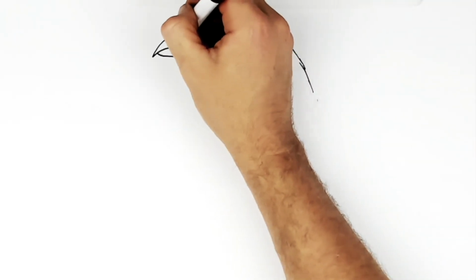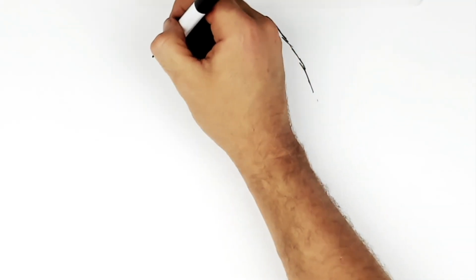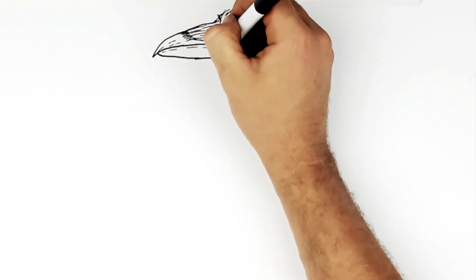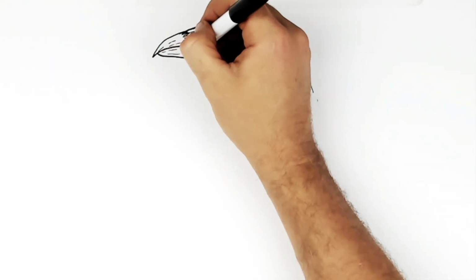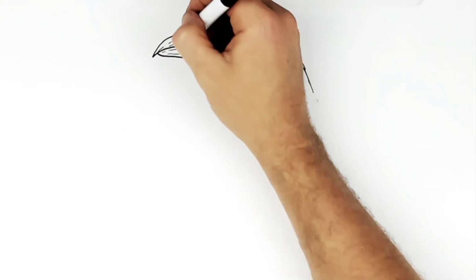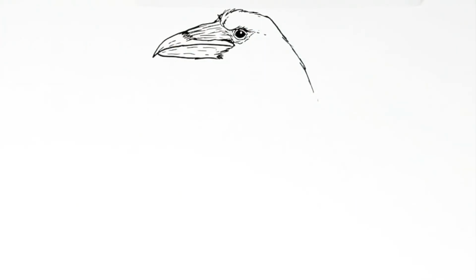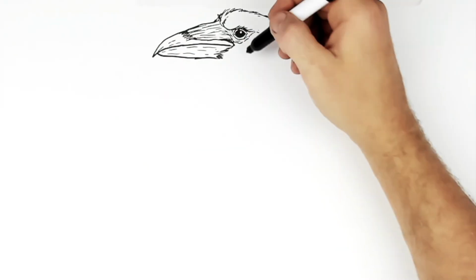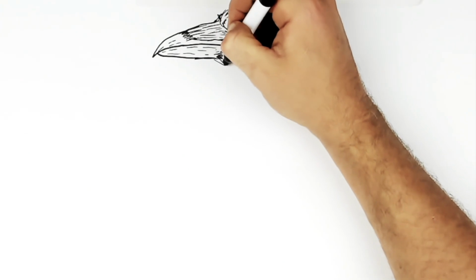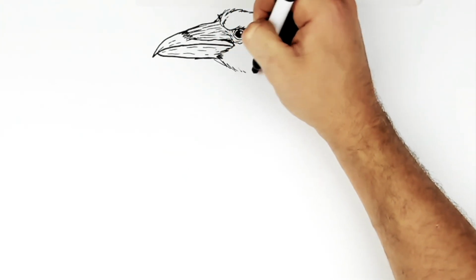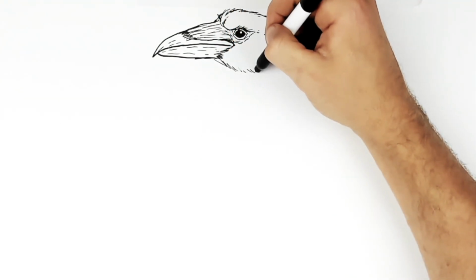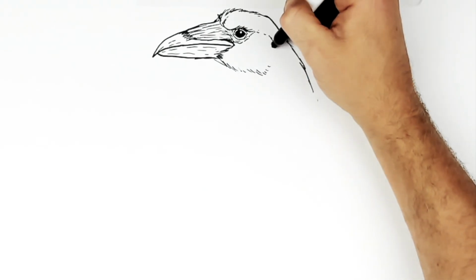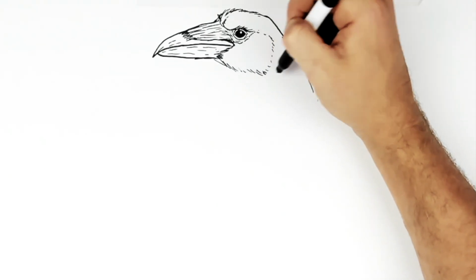All right, and you could have some textures on the beak maybe. Very intelligent bird as well. Right, so the head, we've got another section of feathers that comes this way. It's just sort of hatching lines for a cheek, like that,